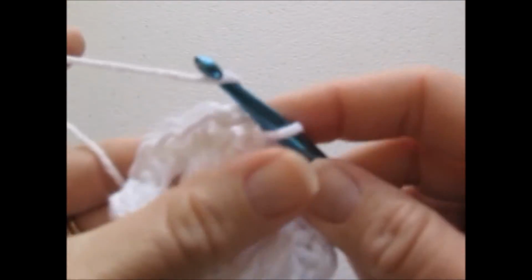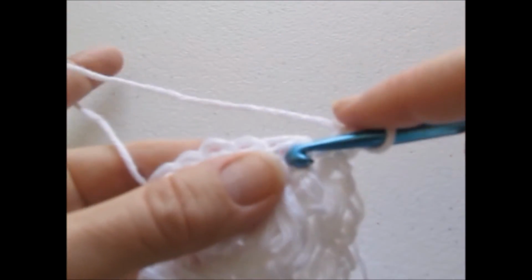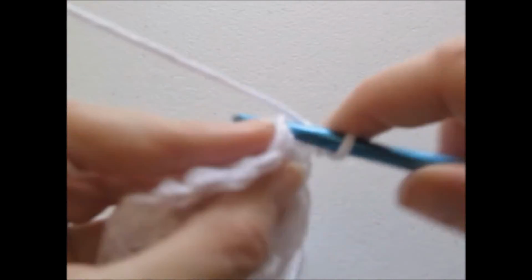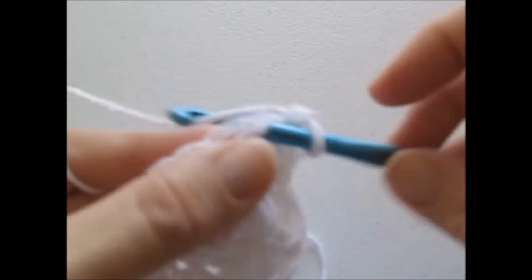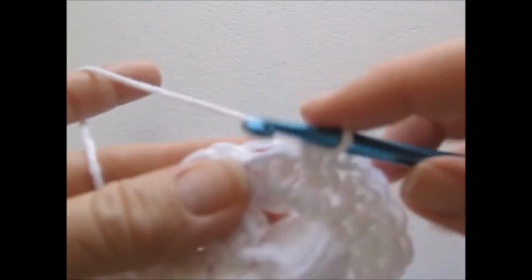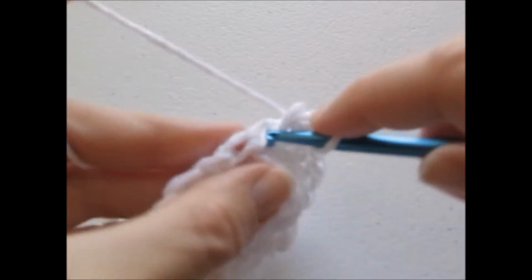For round 4, we're going to start by chaining 1, and what we're going to do now is work 1 single crochet into the next stitch, and we're going to work 2 in the next one, 1 in the next, 2 in the next, 1 in the next, 2 in the next, 1 in the next, 2 in the next, 1 in the next stitch, 2 in the next stitch,